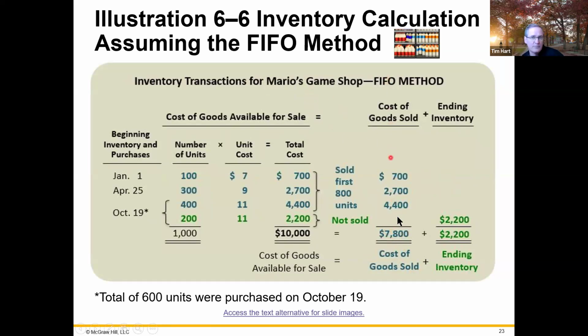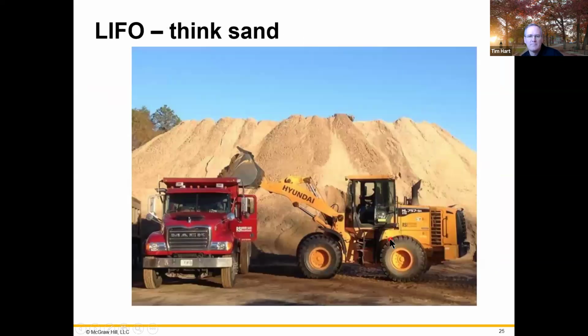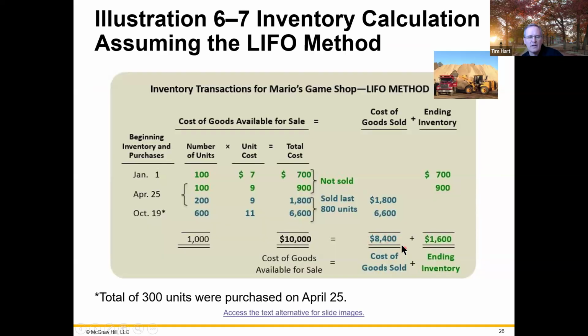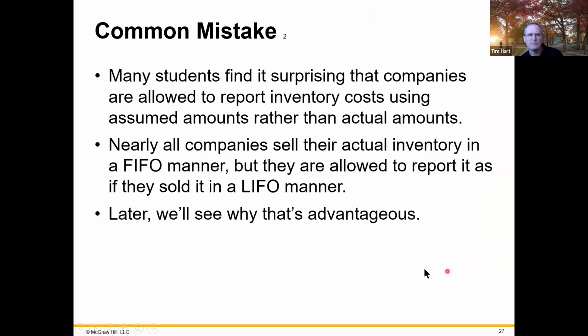According to the LIFO method, $8,400 cost of goods sold, resulting in ending inventory. So counting these items, the oldest items left, the oldest sand, the oldest games, whatever, in terms of the cost, ending inventory is $1,600, right? Common mistake with